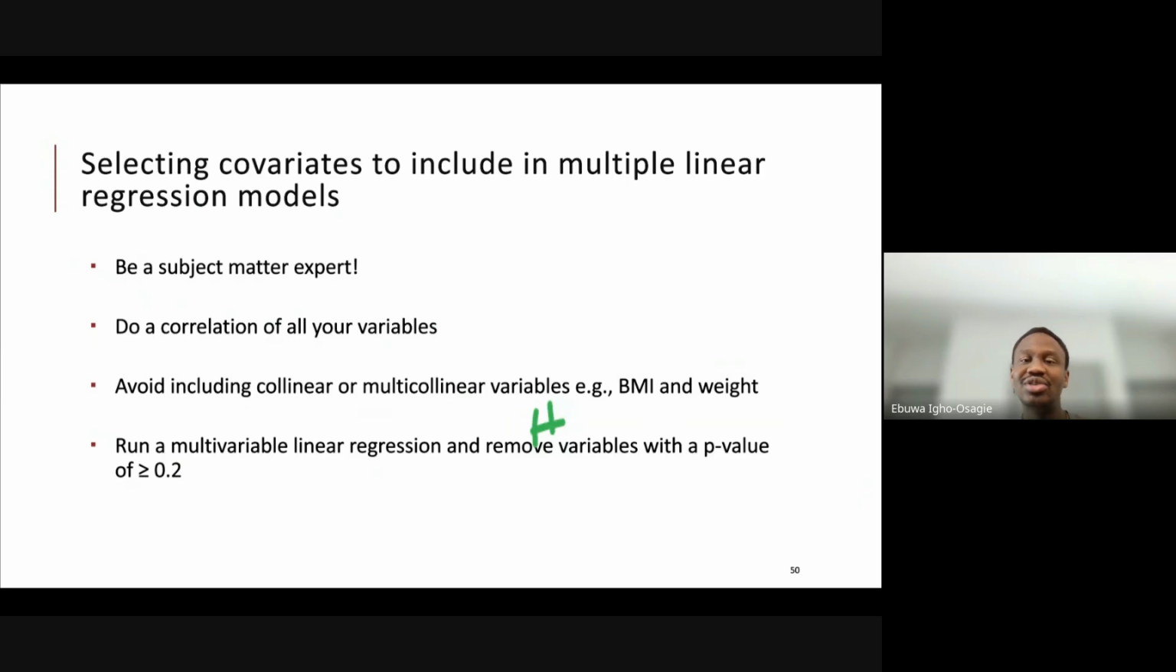Selecting covariates to include in your multiple linear regressions: be a subject matter expert. I've said that again and again. So if you're looking at intelligence and years of going to school, don't throw in the shoe size of the people, unless you're a subject matter expert and you're able to say, well, shoe size could be an indication of stunting, and stunting is a predictor of intelligence. Do correlation of all your variables. The correlation of all your variables is to check for